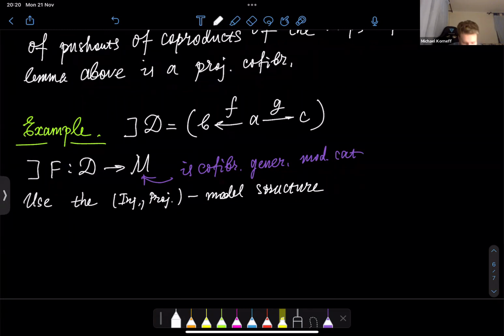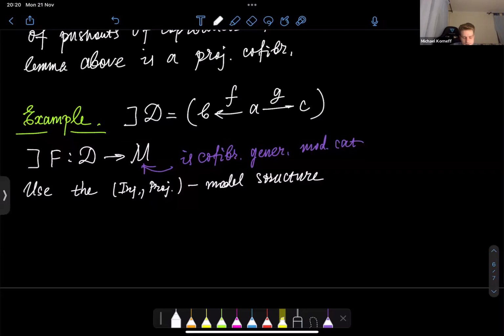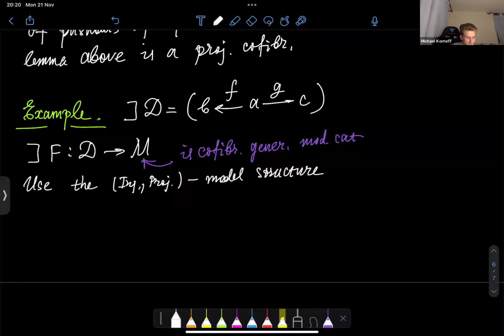We want to find the homotopy colimit of this diagram, and for doing that, we choose the so-called projective model structure, and thus we should construct the projective cofibrant replacement of this diagram, and also suppose that this diagram and this functor have the following property,